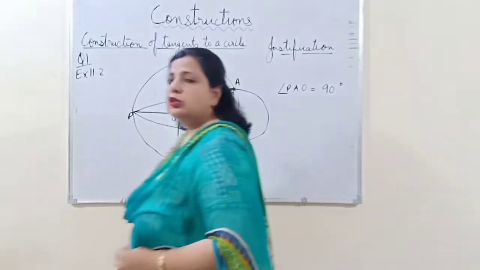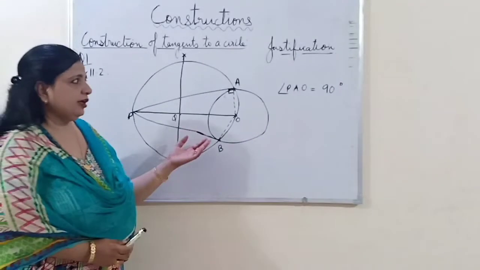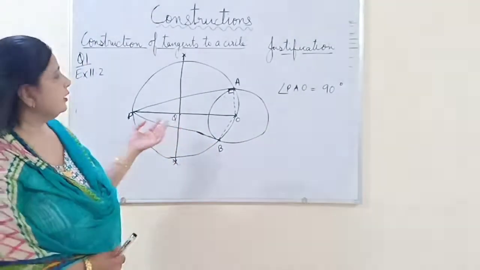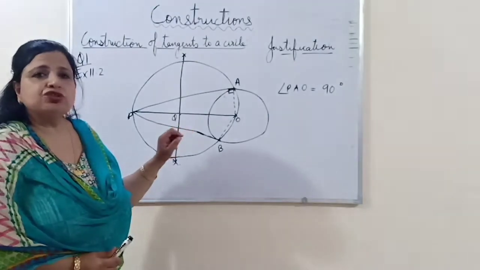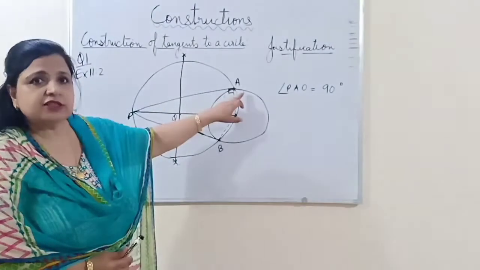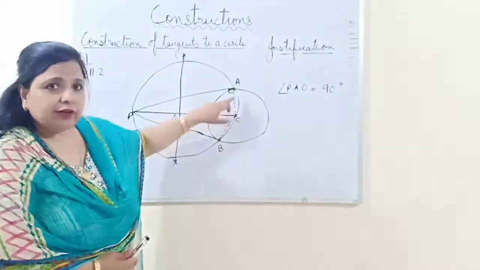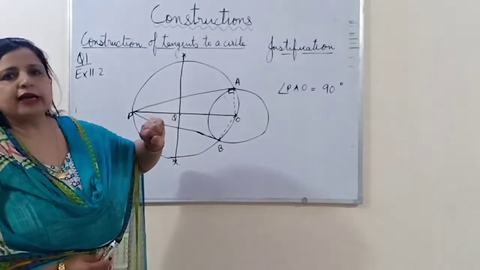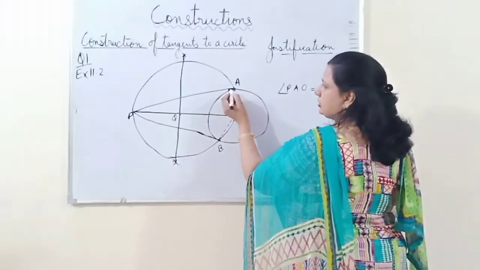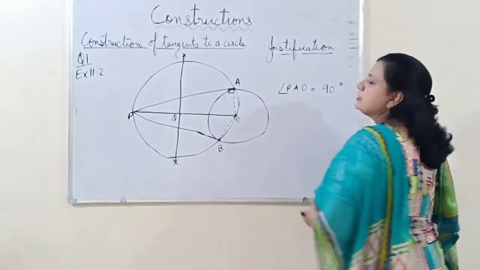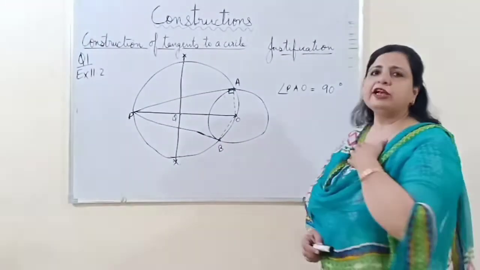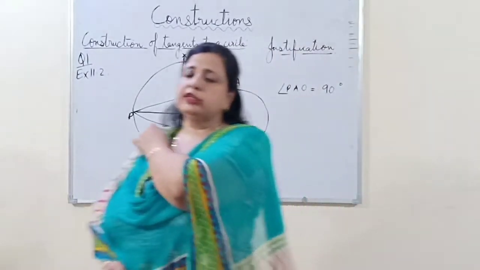Now the theorem which I told you in the starting related to circles we'll use here, that the tangent drawn from a point on a circle and the radius through the point of contact are perpendicular to each other. So this is the radius, this is the tangent, they are perpendicular, so hence PA is the tangent to the circle. Similarly, we can prove that PB is also the tangent to the circle.